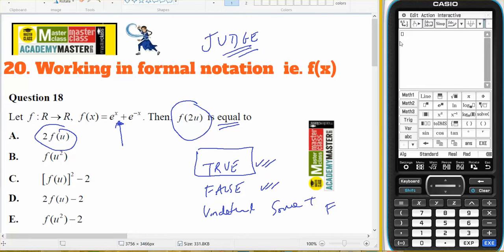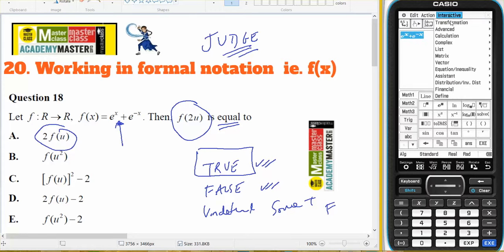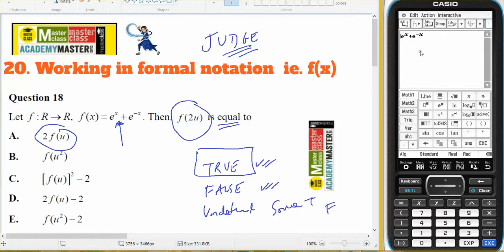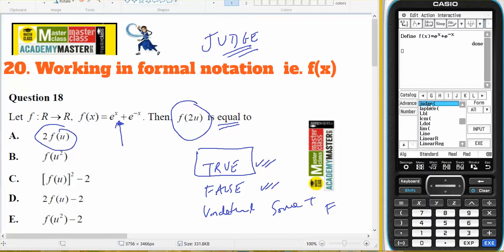Okay, this is the way it's going to work. I'm going to define e to the x plus e to the minus x, and I'm going to define that. Then I'm going to get this judge statement. So I'm going to go into catalog, and I'm going to go to J, and there's judge, and then I'm going to go input. And I wish f of 2u,